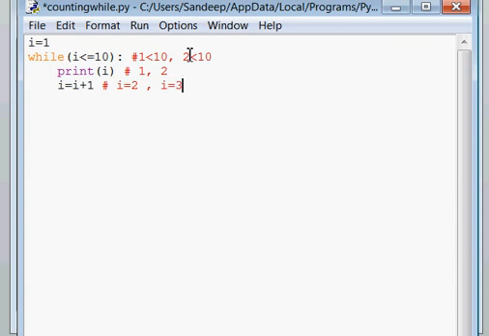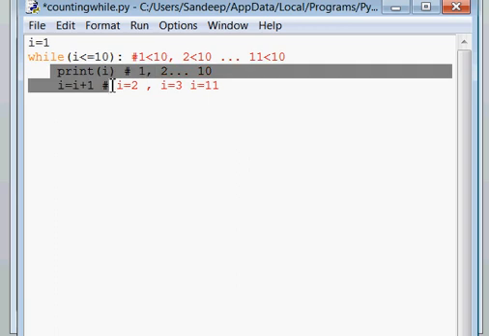In the same way, this loop is going on till you get a value of I equal to 10. As soon as 10 is printed, your I will become 10 plus 1, that is 11. So now your control is again going to check it for 11, but this time your condition becomes false, so these two statements will not execute further.